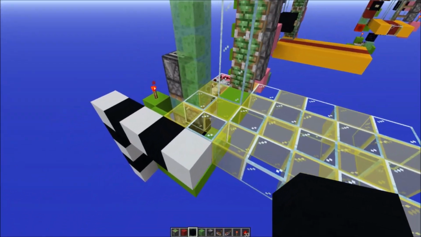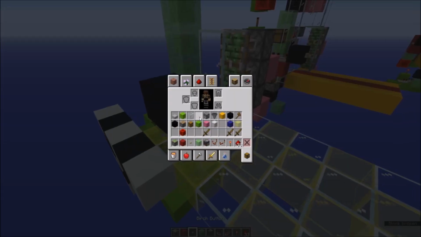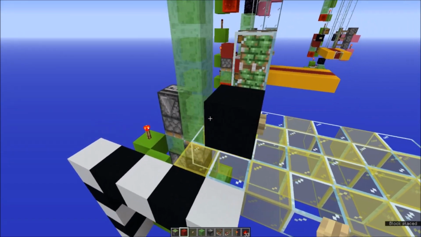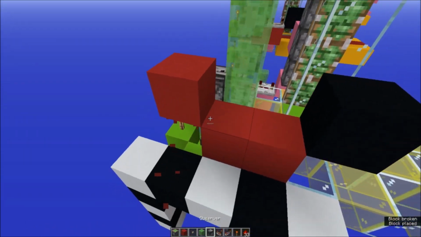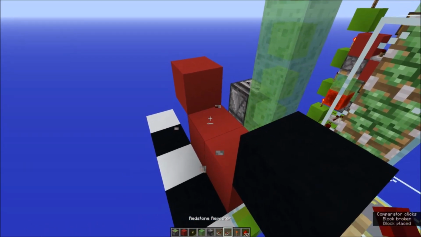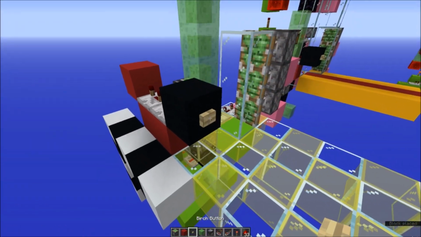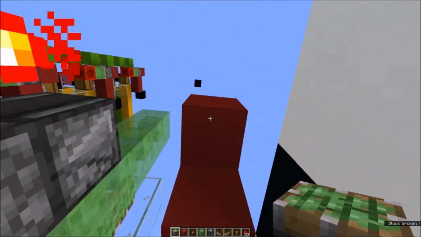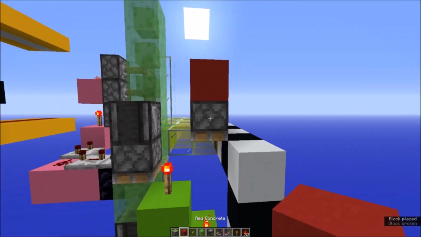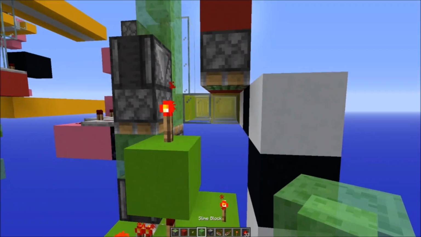So you can actually make this further out if you're building a structure, and the more time you have on it, the better. But for this, just to keep it compact, I'm only using 2 repeaters on 4 delay with a button, and it doesn't really matter what kind of button. And then to keep it compact, you just need this. Now you can see that each one of these is going to require a slime block,